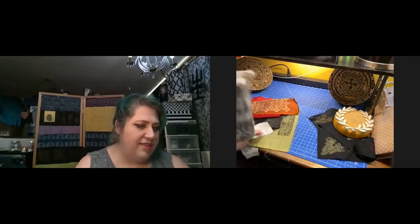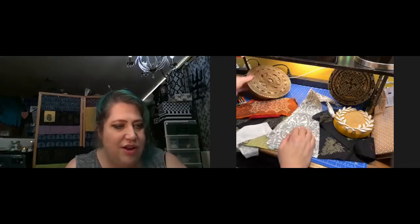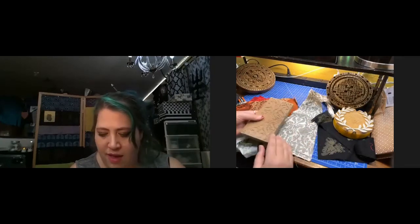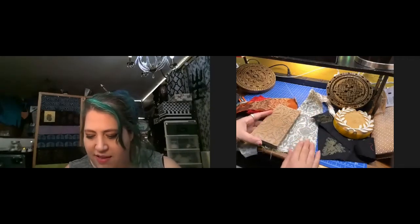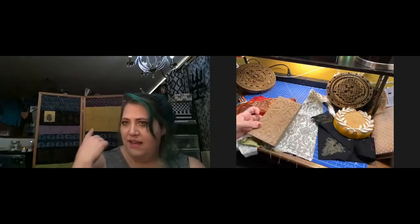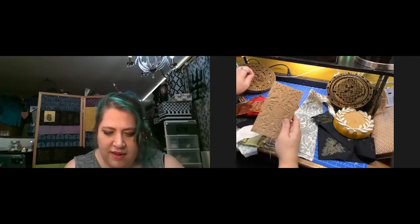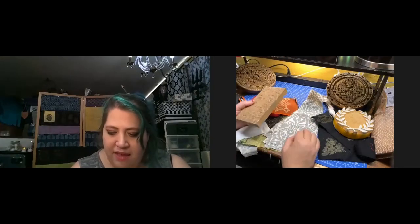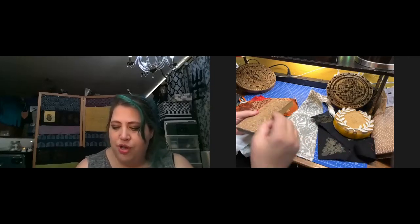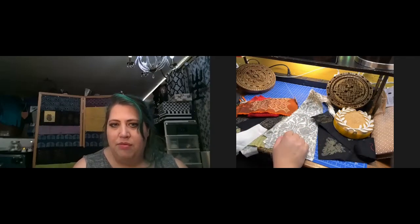So let's see. Oh, this is a fun one. I wish I had a bigger chunk of this, but you also can design your block with no negative space. So if you can see where this block lines up with the next one, it creates a single motif. And behind me in the other camera, there's another piece of it in the portrait shot. But yeah, so design wise, you can create end-to-end yardage, or you can create something that is just a single motif and has space in between